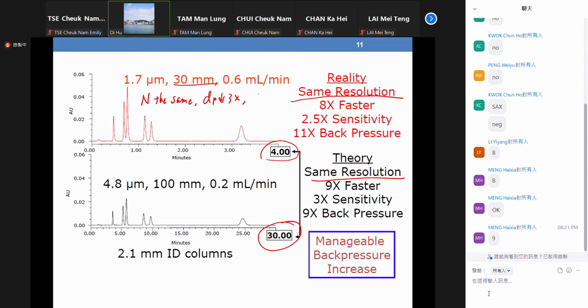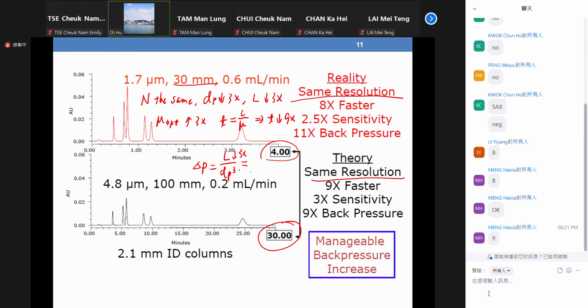If we keep the n the same, L is 3 times, right? Then mu optimized increased by 3 times. That's why T, which is equal to L divided by mu, will decrease by 3 times 3, so 9 times, right? Then pressure is equal to L divided by dp cubed, and L already decreased by 3 times, and dp